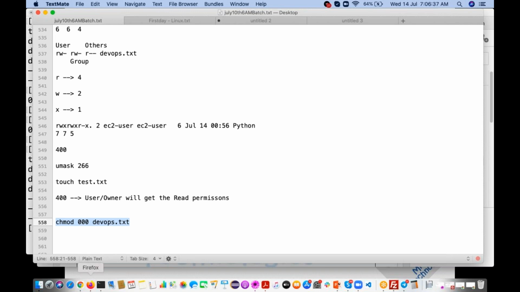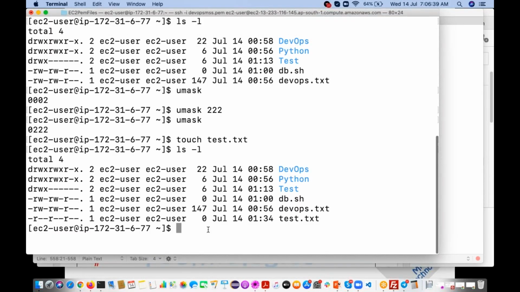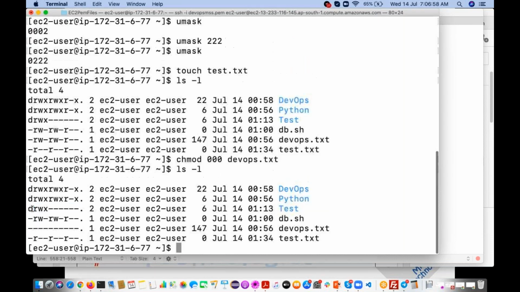Good, thank you. If we execute this command, it is going to remove all the permissions for everyone. Now just type ls -l and see. It is showing dashes.